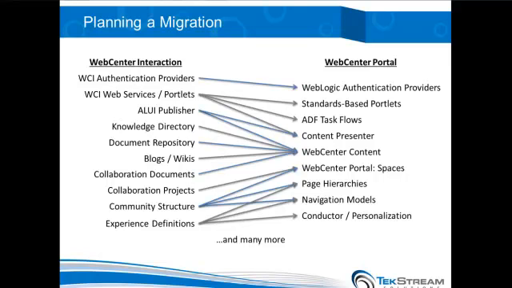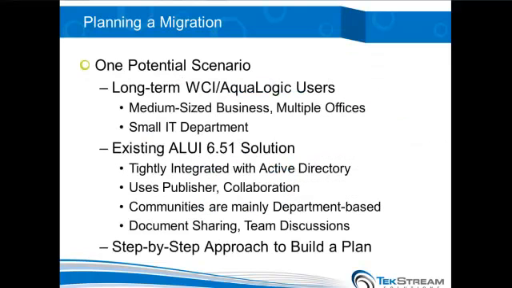So, moving on. One potential scenario. The example is we've got a long-term WCI or AquaLogic user. They've gone through a couple of different upgrades, and right now they're on Ensemble 6.5.1. They have a medium-sized business, multiple offices, a little bit spread out, and a reasonably small IT department. Because of that, they've been using it as